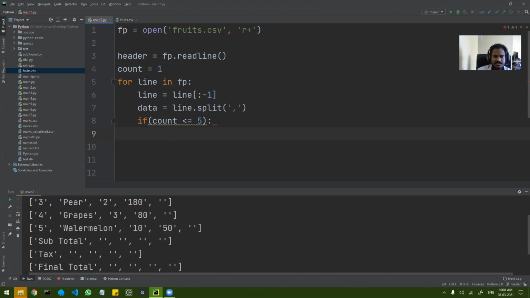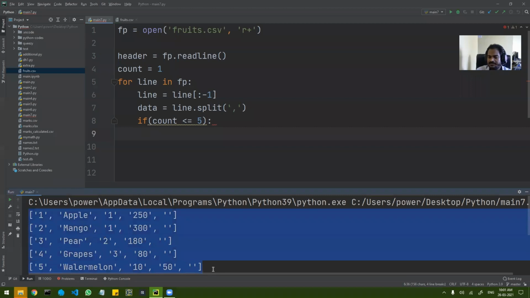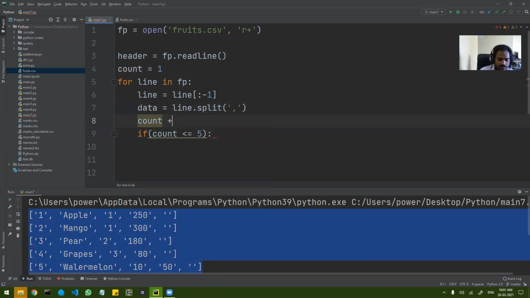Okay, so let's see what all things I have to do, right? मतलब मैंने ये करने से मेरा क्या हो गया, अभी मेरा ये जो भी इस if के अंदर लिखूंगा ना वो सिर्फ इतने 5 रो के लिए अप्लाई होगा, ठीक है, बिकॉज काउंट मेरा वहां तक ही रहेगा, राइट। सो ऑब्वियसली I will have to increment the count also now. Okay, so for that I will come over here and increment count plus equal to 1, ठीक है,